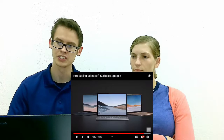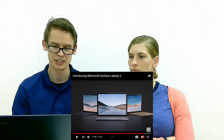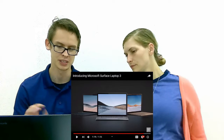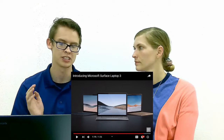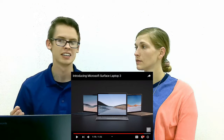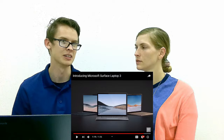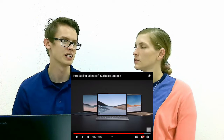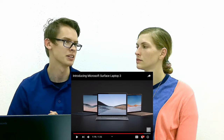So the Surface Laptop is a full-on laptop. And they compared the processing power of the Surface Laptop 13-inch quad-core Intel as being 3 times more powerful than the MacBook Air, which I thought was kind of interesting because this is the full-form laptop. I would want to see it compared to the MacBook Pro, not the Air, because the Air is more of an on-the-fly web browsing thing. It doesn't have the power of a full...